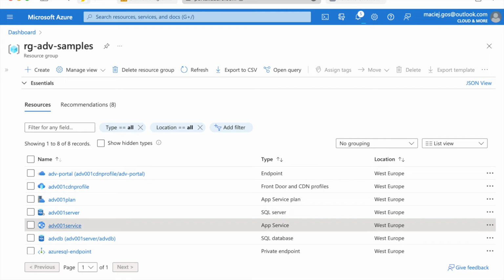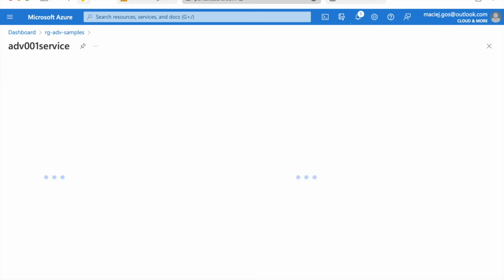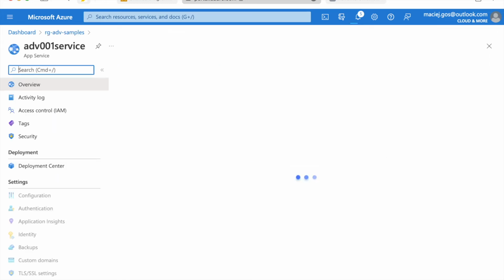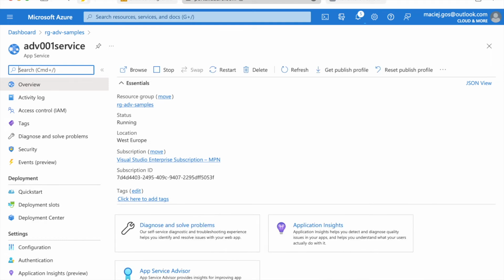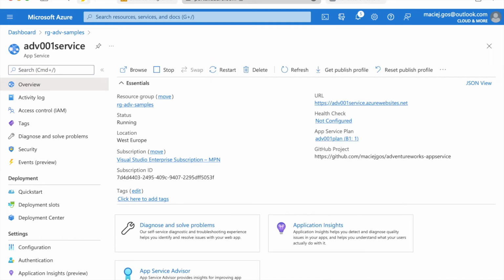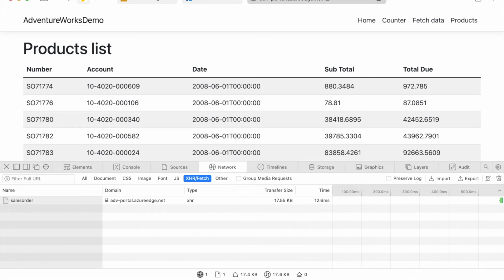Go to the app service. Let's do the quick restart. Okay, so the application is restarted. Check again. Still loading. It takes some time,